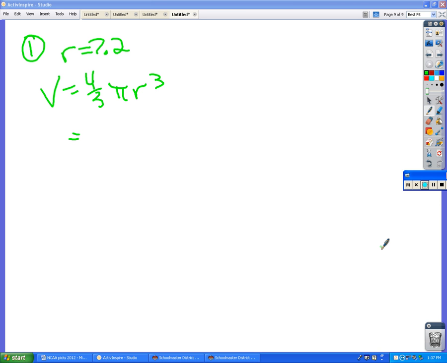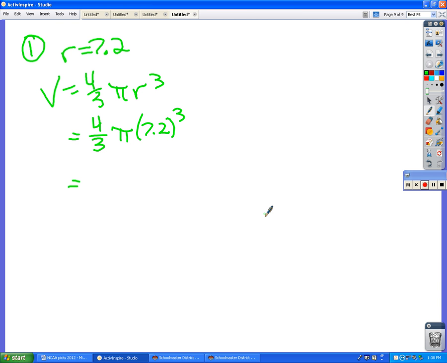Okay, so for this one, the radius is 7.2. To figure out the volume, you use the plain old volume formula, 4/3 pi r cubed. And this one says round your answers to the nearest tenth, so we're not going to have pi in there at all. So you can go 4 times pi times 7.2 cubed divided by 3, all in one calculator step, and get